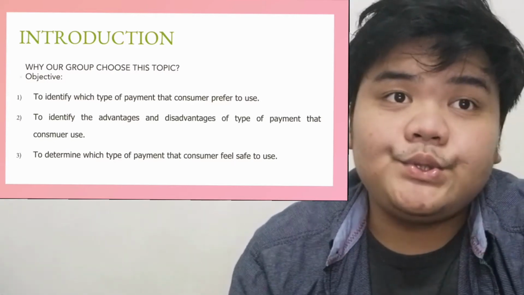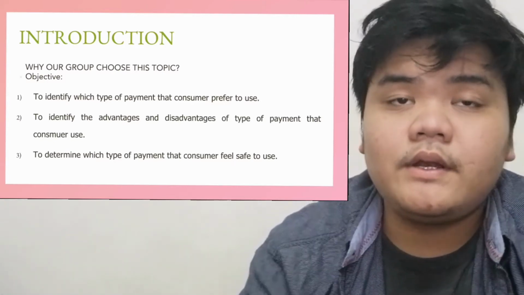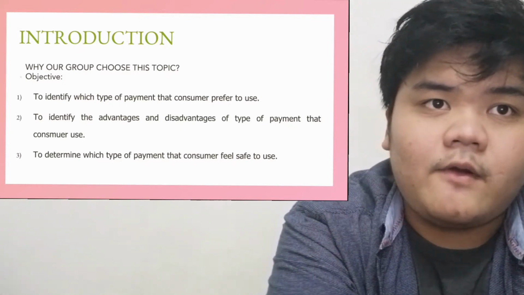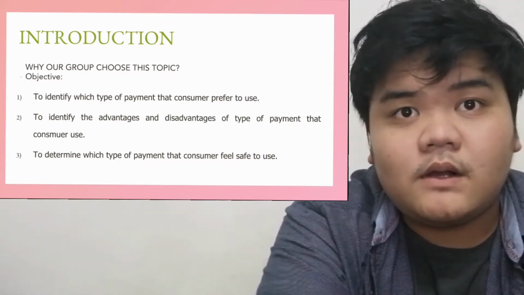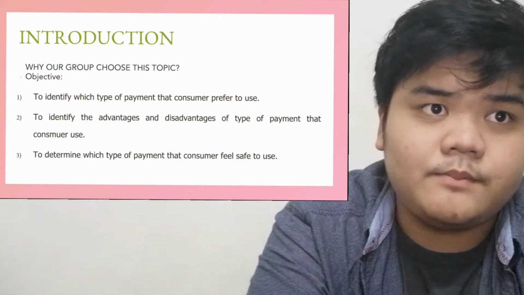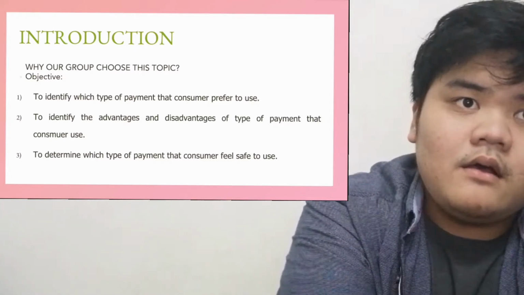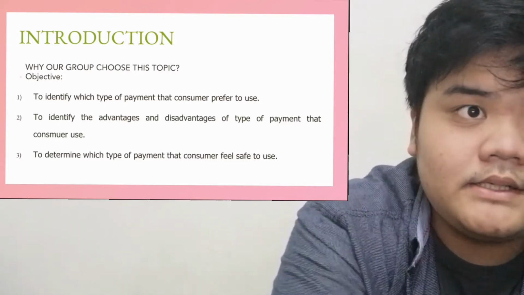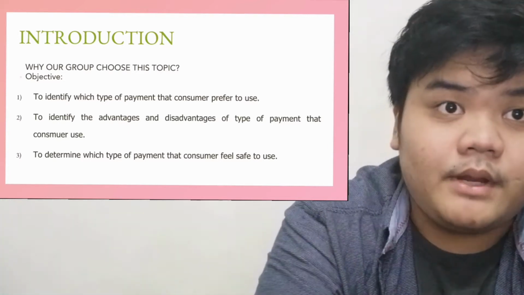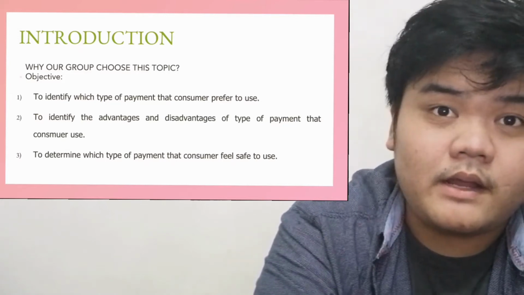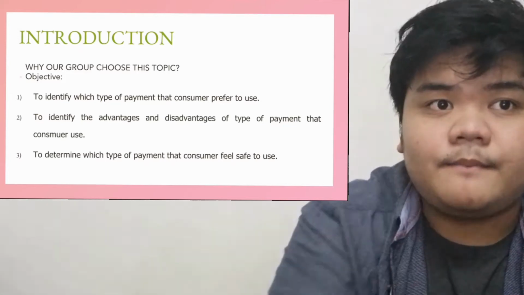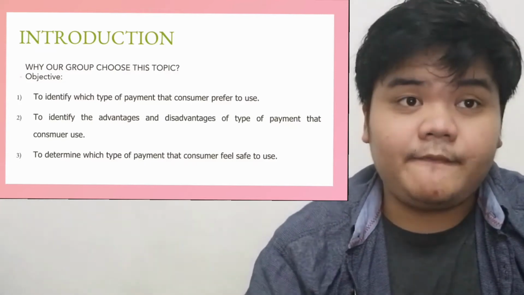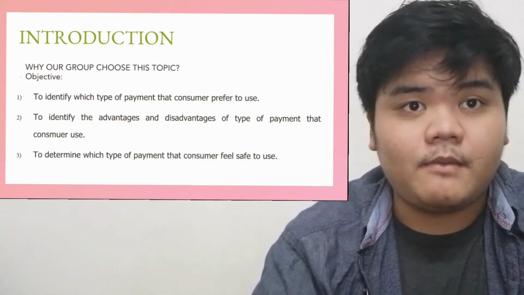The common issue in cash payments that usually occurs is snatching, which is also included in the category of crime. Cash payments also cause problems for consumers, who feel it is not very safe to bring money to public places to make purchases because there are people who see them as targets to get illegal money. So because of that, our objective is to identify which type of payment